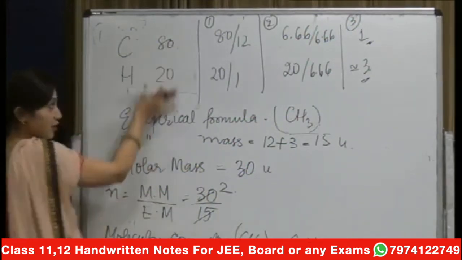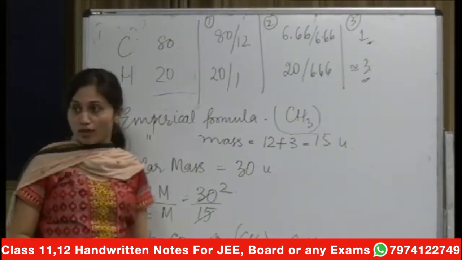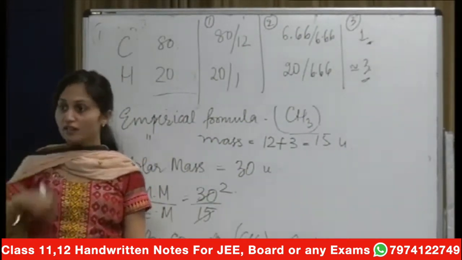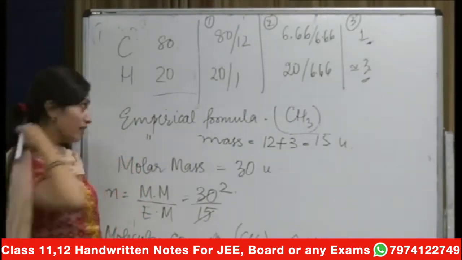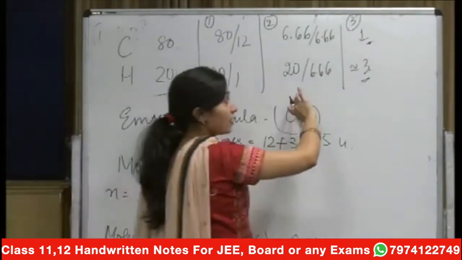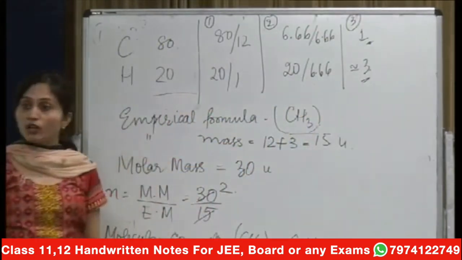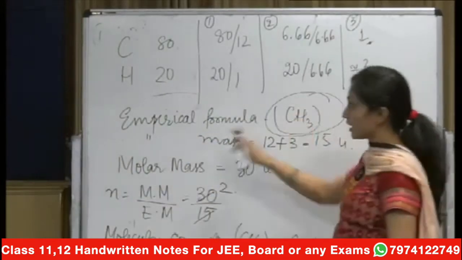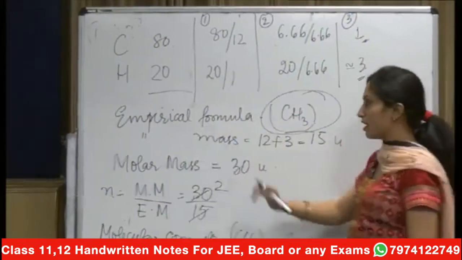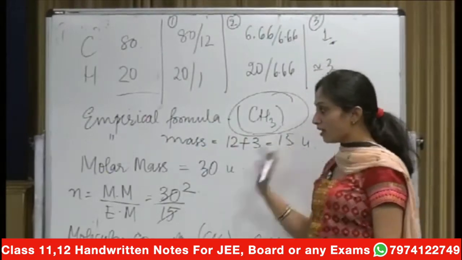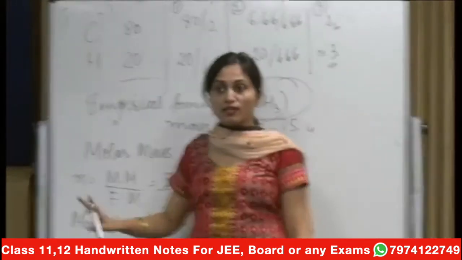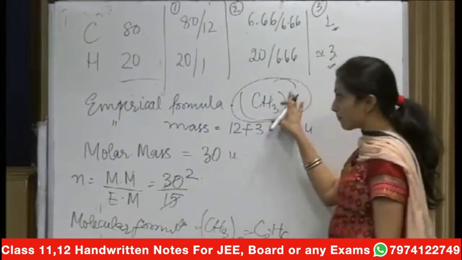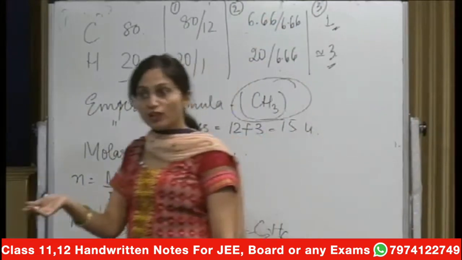You are given some natural abundance. First step, divide by their molar masses. Second step, whichever is the lowest, use that as the denominator and divide all the ratios that you got. And then round it off to a whole number. When you round it off to a whole number, you get a formula, and this formula is known as the empirical formula. Another thing is that molecular mass upon empirical mass will give you the factor n, which when multiplied with your empirical formula will give you the molecular formula itself.